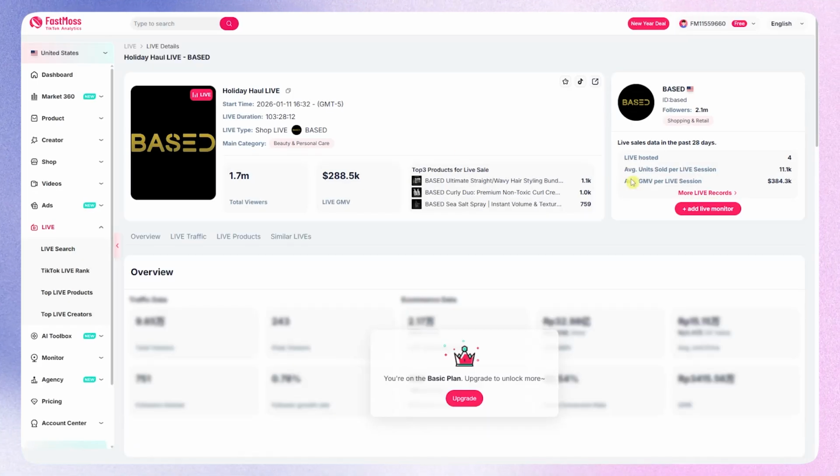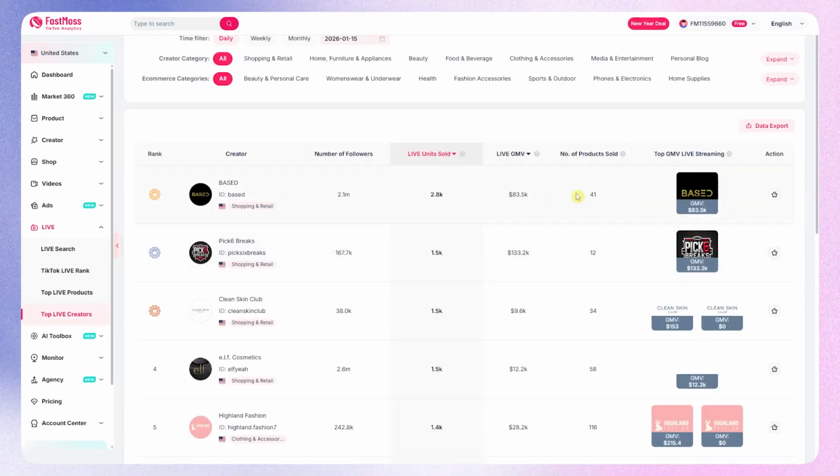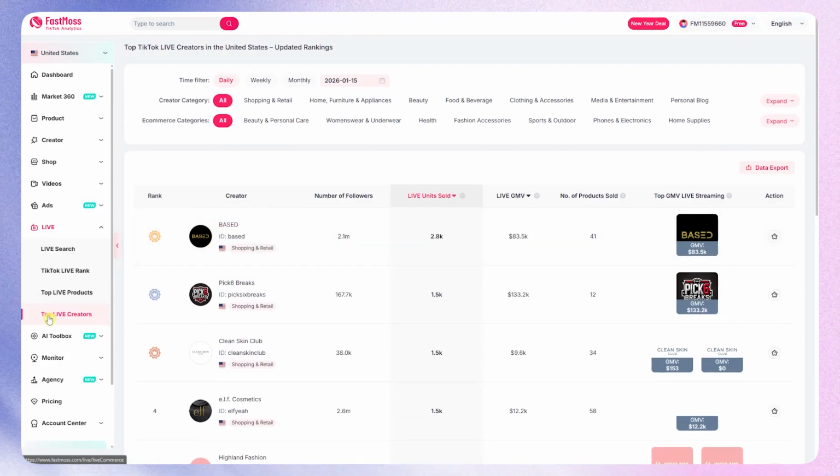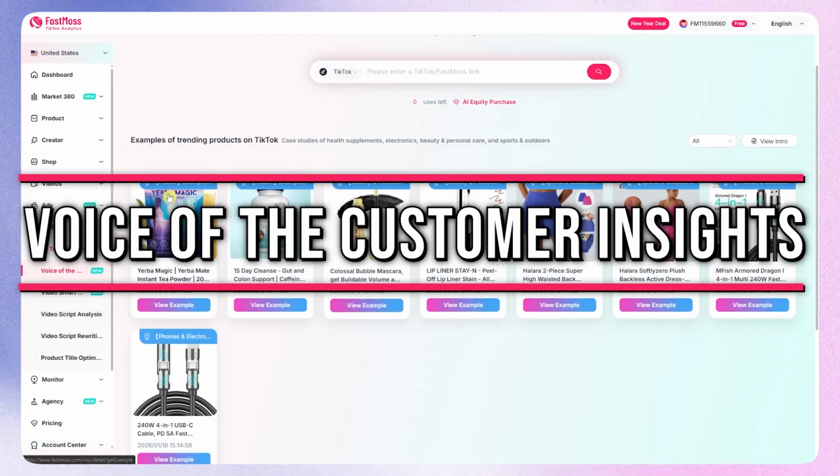And then you can see that we can add a live monitor right here if you want to monitor this specific shop when they go live right here. So you could also do that. And you can see some more other stats in here. So yeah, that is basically it for the top live creators. All right, so next is that we have the